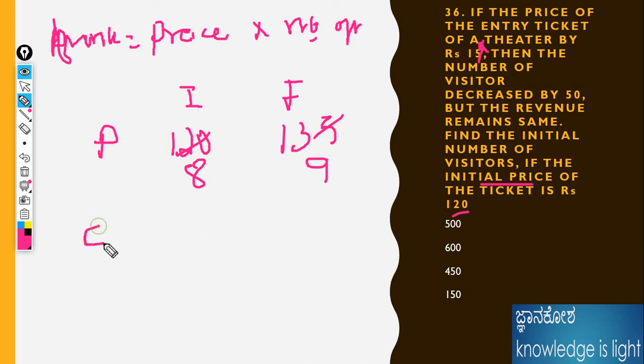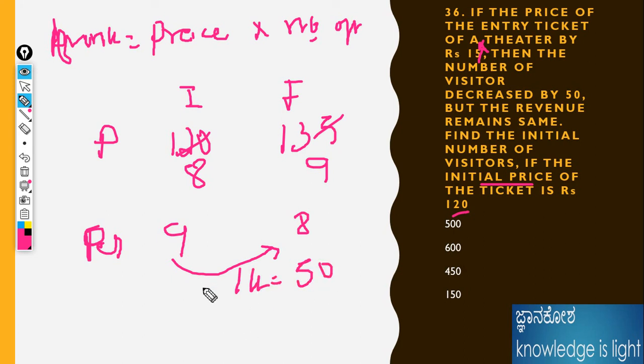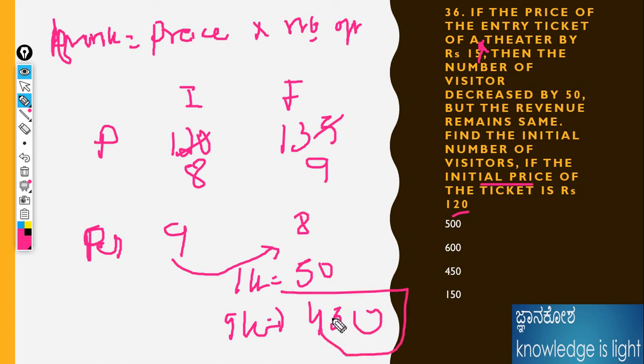Then the number of persons should be the opposite of that. This is the person count, friend. How many persons? There should be a reciprocal relationship, because revenue is the constant thing. See how much is decreasing? For one unit of price increase, 50 people are decreasing. Then what was the initial number? How many people were coming? For 9 units, 9 times 50 is 450. That is 450 people before coming to the theater.